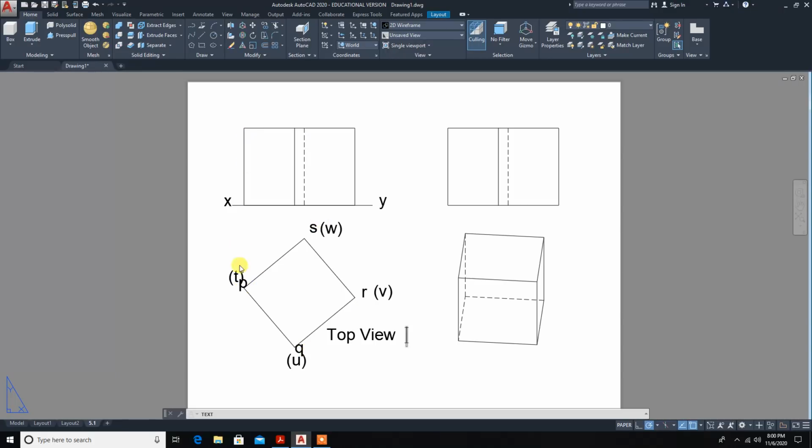So when you project this point to here, this will become P dash, and straight to this is Q dash, and this dotted line means hidden line. Again this is S dash, and this point is R dash.